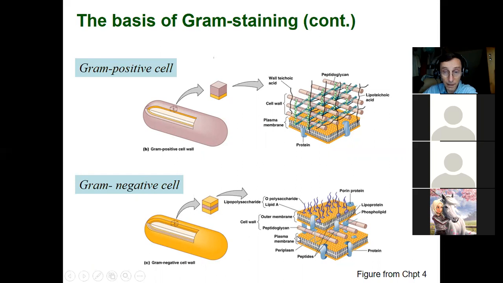And then with the gram-negative cells, they have a thin layer of peptidoglycan and a lipid outer membrane. And so we have right there the cell membrane, which is mostly phospholipids. And then on the outer part of the cell wall, we also have lipids. The lipids on the lower bilayer is familiar to you. It's actually phospholipids. In the outer bilayer of the outer membrane of the cell wall, there are phospholipids, but there's